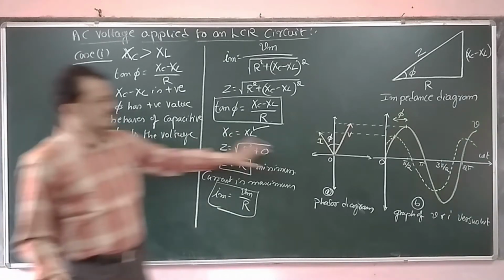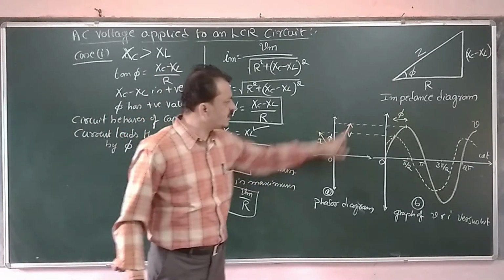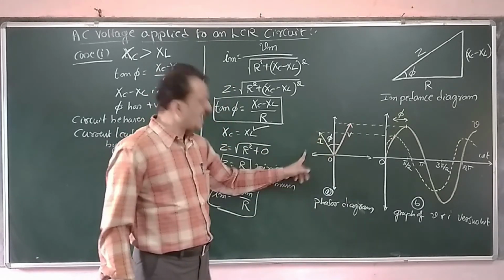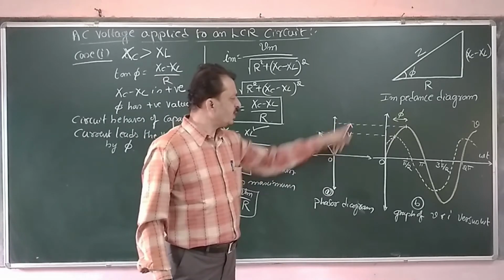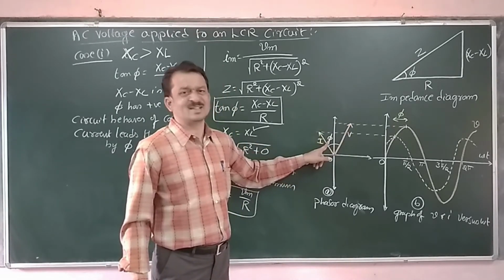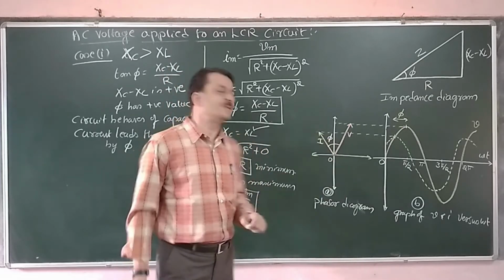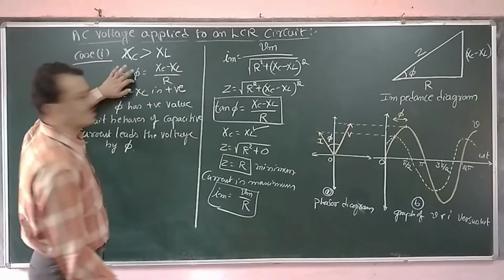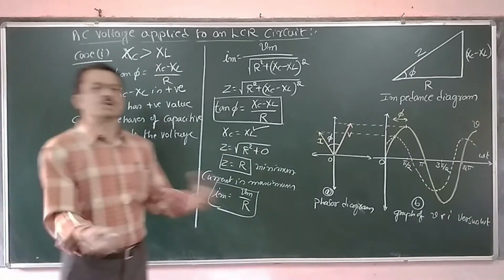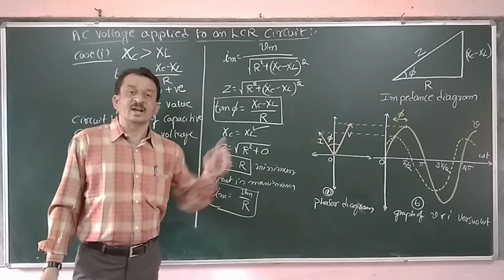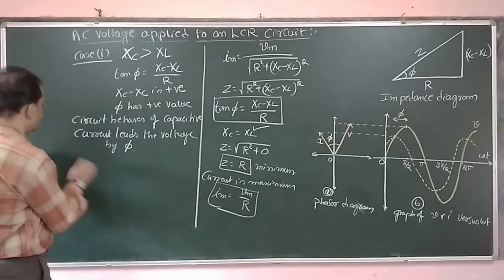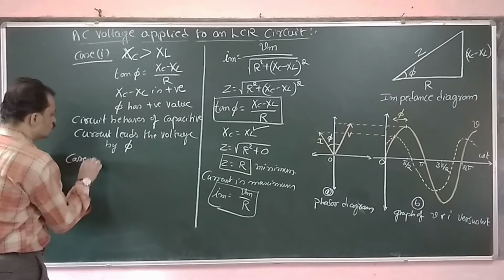So this is the case. Now here current is leading the voltage. Look at this diagram. Current is ahead of the applied voltage by how much angle? It is the phi angle, the phase angle. How can you calculate this phase angle? By using this simple relation, tan phi is equal to Xc minus XL divided by R. We can work out how much angle the current is leading the circuit voltage. That is case 1. Now let me take case 2.